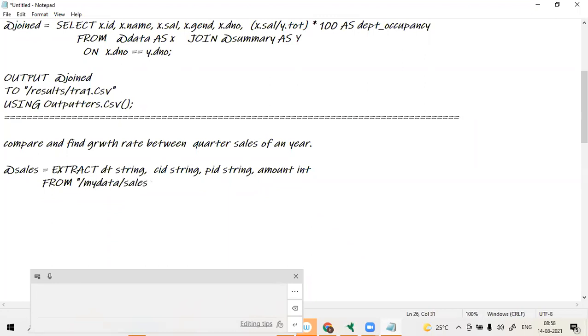Let's say the file name is sales.txt or CSV. So the extractor we need to specify using Extractors.CSV.